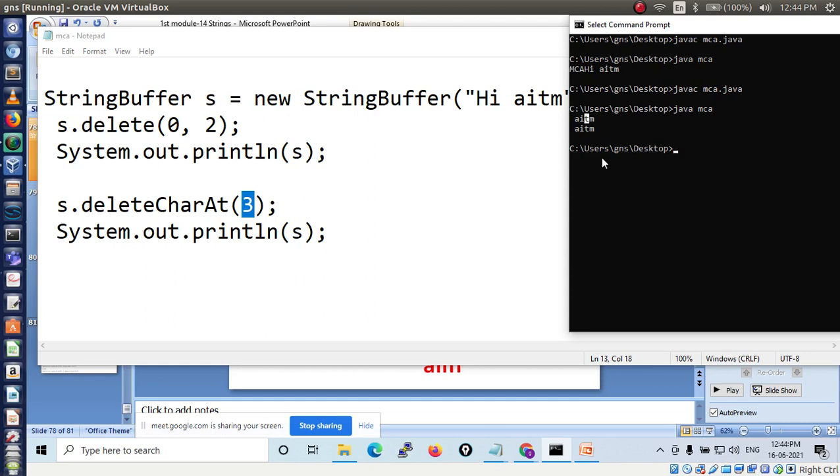You have the T value. Now, to delete that character, use the deleteCharAt method, then you will get the result. T is deleted in this string, so you will only have AIM characters. Only AIM characters. Is it clear?